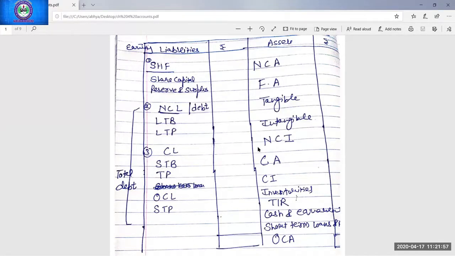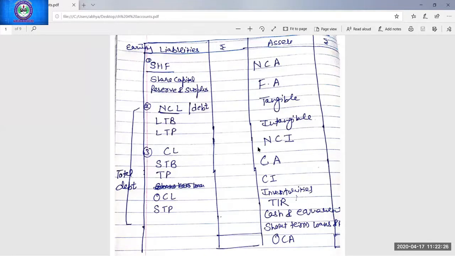Yes, very good, Anmol. Equity and liability minus non-current liability. No, equity and liability total is not given. Total assets are given. Yes, very good, Shubhangi. Assets will be equal to total liability. So total assets or total equity and liability minus shareholder funds. Shareholder funds will also be deducted.